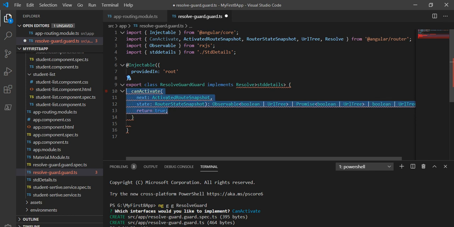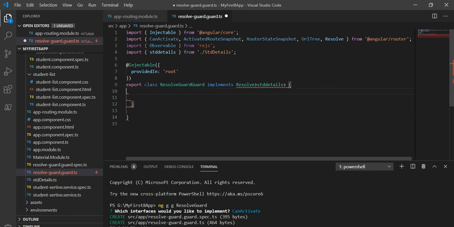So I will remove it first, and newly we will create. Inside this I will take one constructor first. Basically we made a mistake here, that's why it is giving an error. So now constructor, and inside the constructor I will take some parameters.